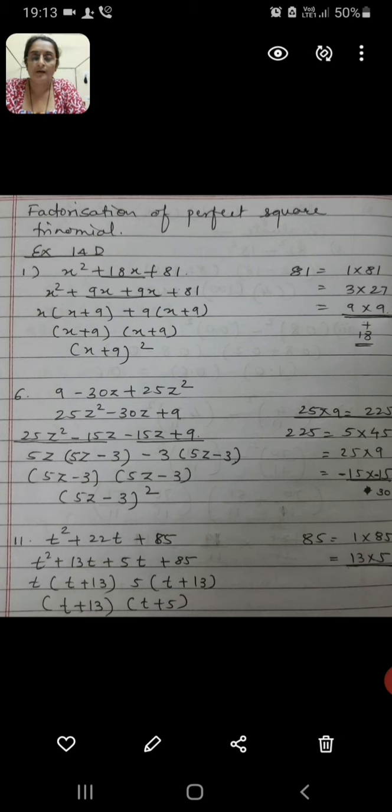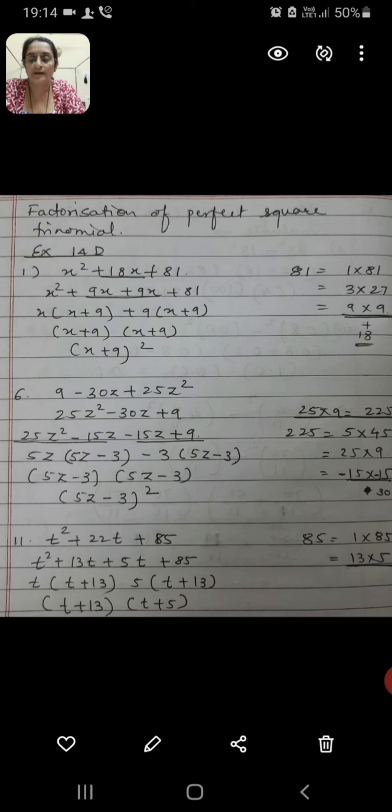Okay. So the middle term is 18x. We have to put it into two parts, that is 9x and 9x. When you do that, the value of the expression is not going to change. Only for the convenience of the calculation we are doing this. So I am splitting the middle term, x square plus 9x plus 9x plus 81. Fine. Now we have to split the expression into two parts again. First part is x square plus 9x. Second part is 9x plus 81.